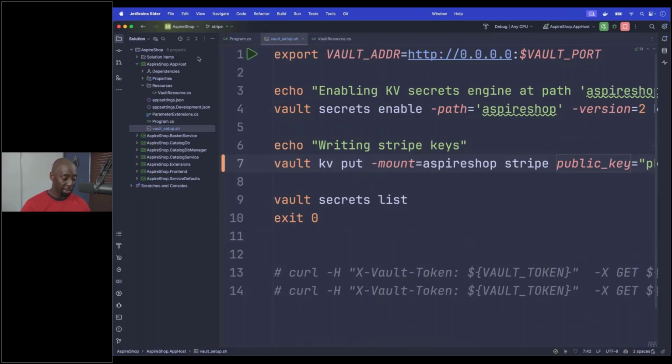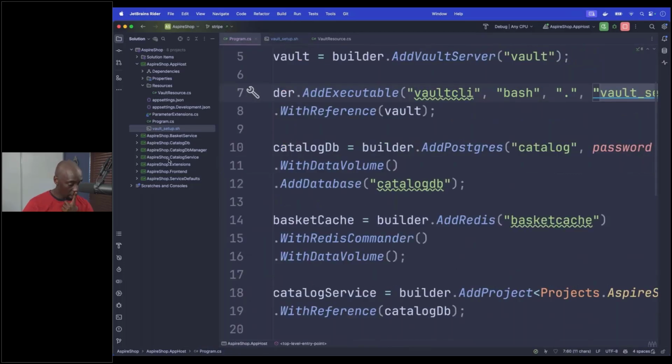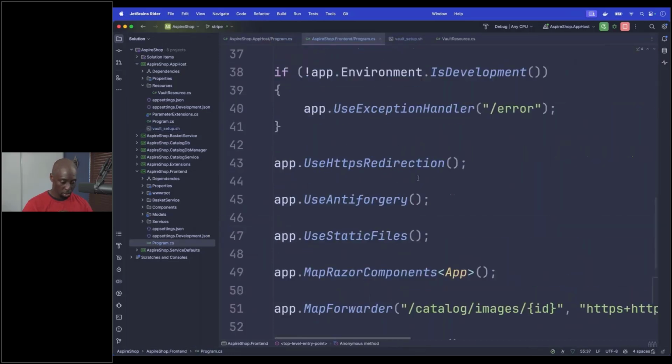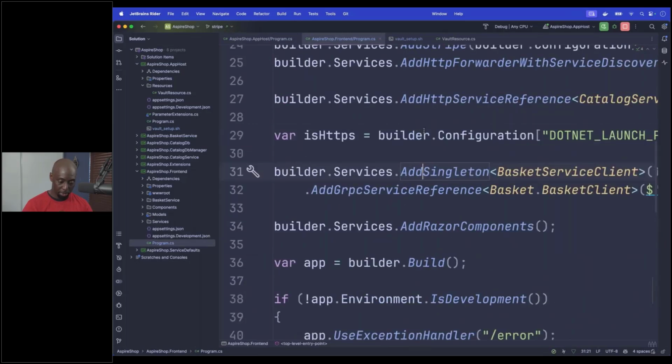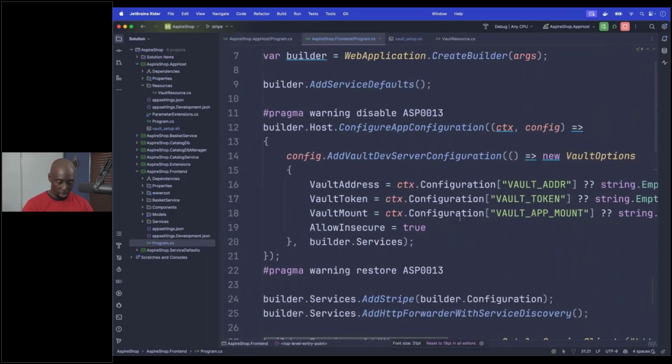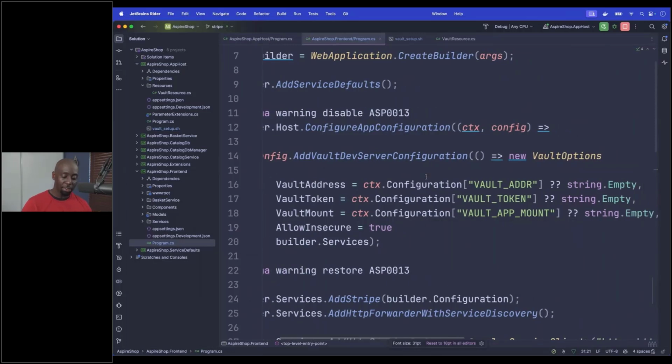And the only thing that I have to do is, and I'll show you what that looks like in a second, if I go over to the front end, the only thing that I have to do is say, hey, where is it? It's somewhere at the top. Right, here we go. The only thing I have to do is say, hey, can I get these environment variables that I got access to whenever I got that reference to that Vault container, right?